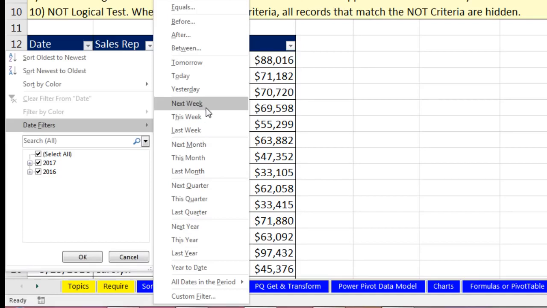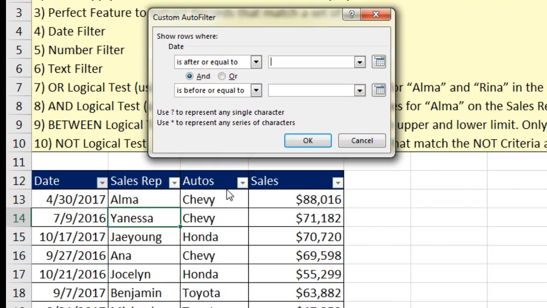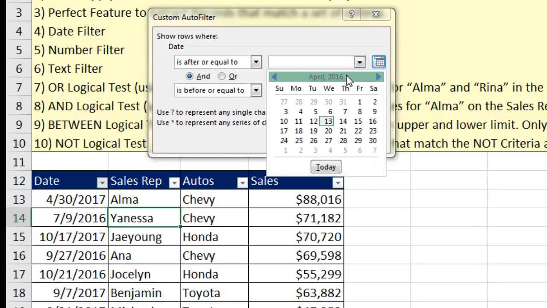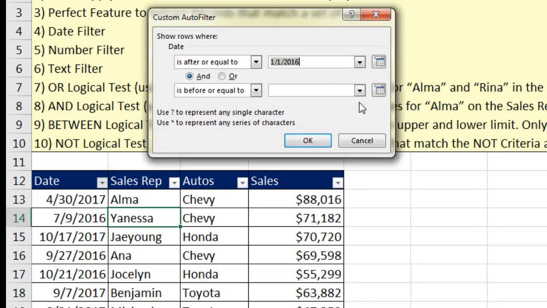Hey, we're going to try one of these date filters. I'm going to use between. Now, between really has two conditions, and it is a type of and logical test. Now, it says is after or equal to, so I could select. And let's select January. So I'm going to go back to January 1st, 2016. And then the second part is before or equal to. And here I'm just going to type